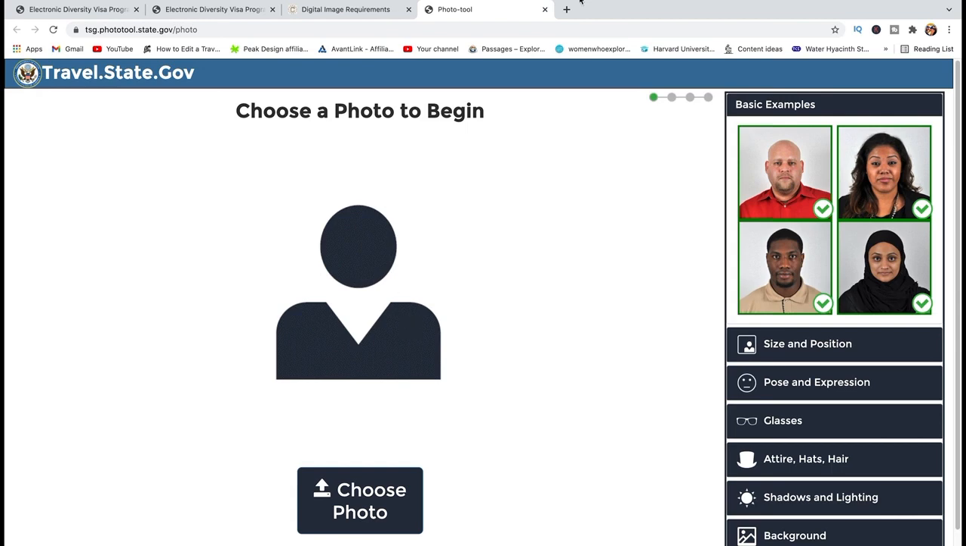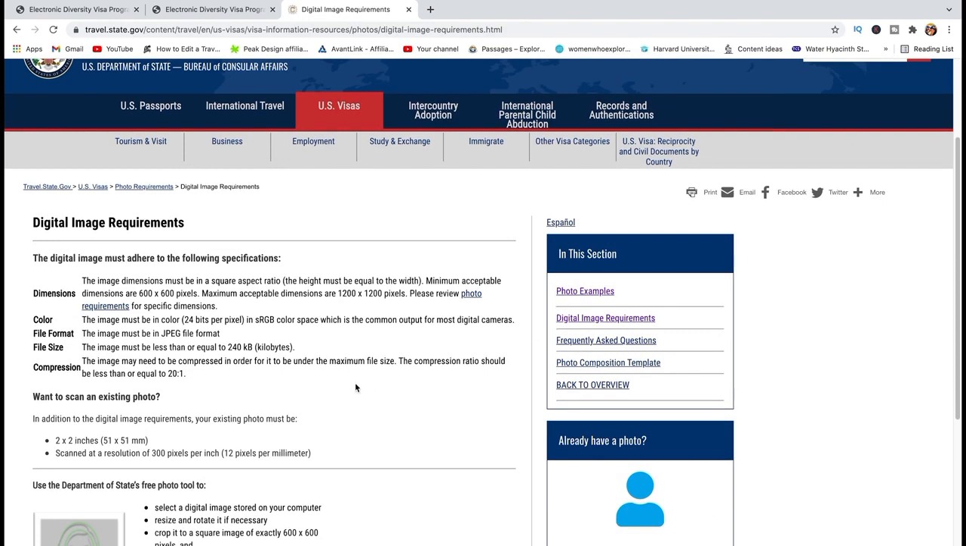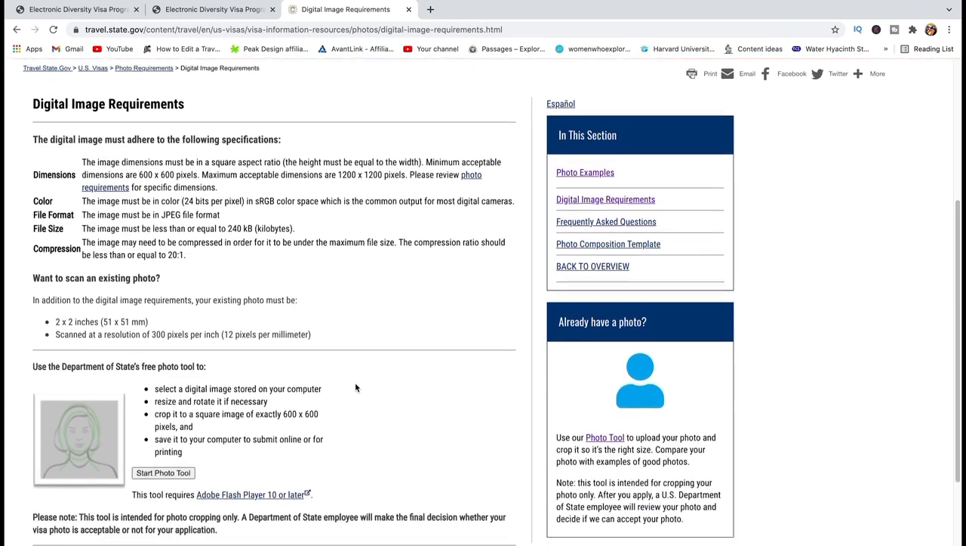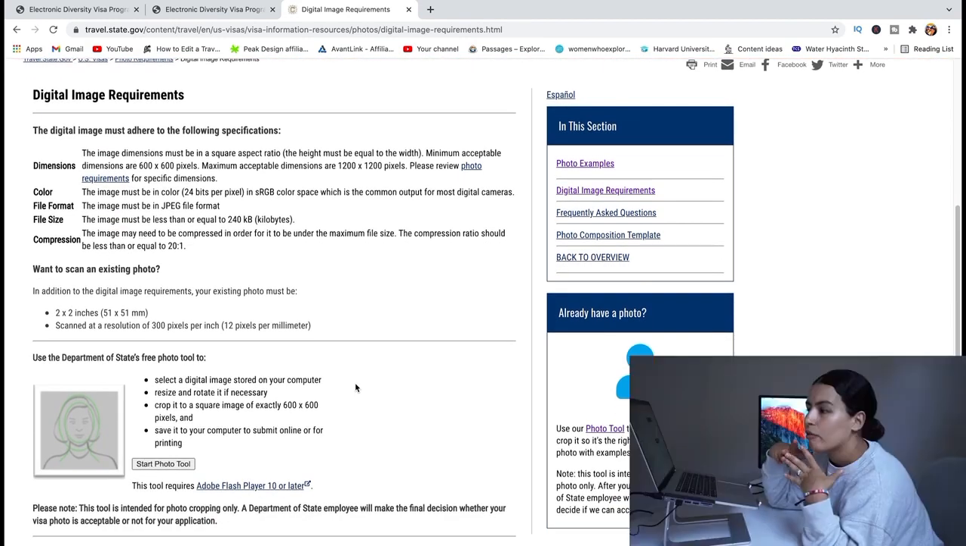But like I said, just print or take a screenshot of these detailed requirements and take it to the professional photographer or the studio, and they usually know. If you tell them, hey, I want to get my photo taken for the diversity visa lottery program, they will know what the requirements are. But if they don't know for one reason or the other, you want to make sure that you have all of these instructions handy. Now they will send you or email you a digital copy of your photo,